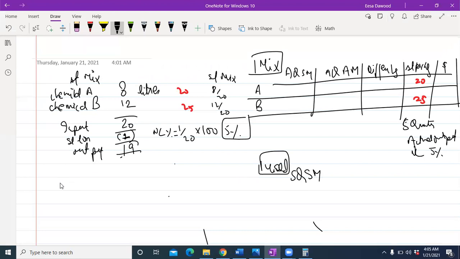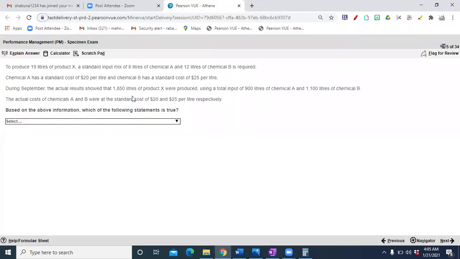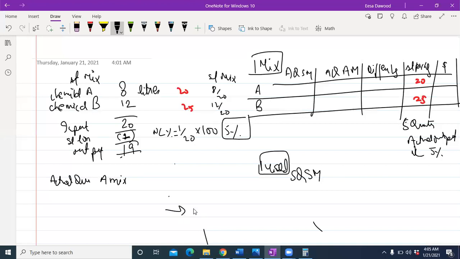I also need to know my actual quantity in actual mix. 1850 is my actual output, right? But I'm also given my actual quantity input, because this is what I need here.